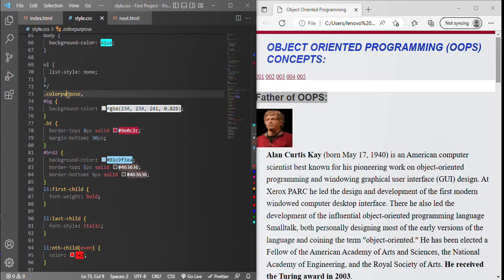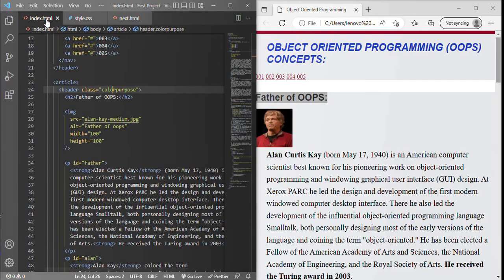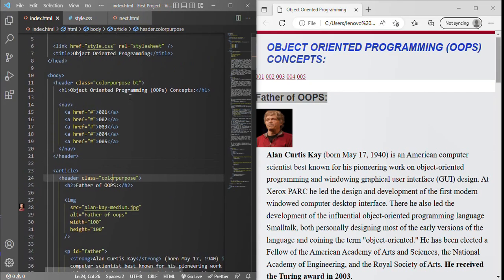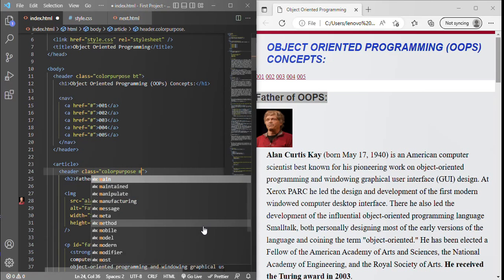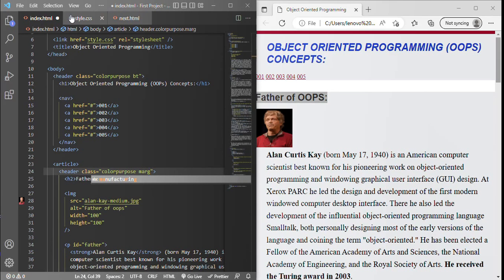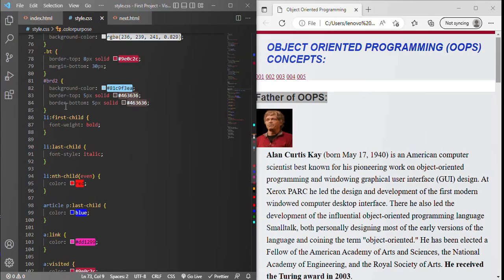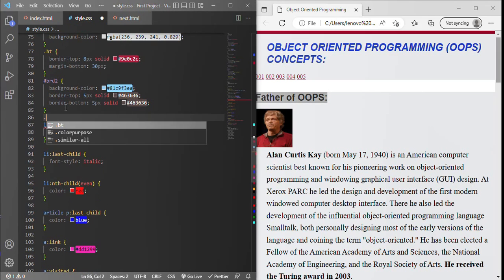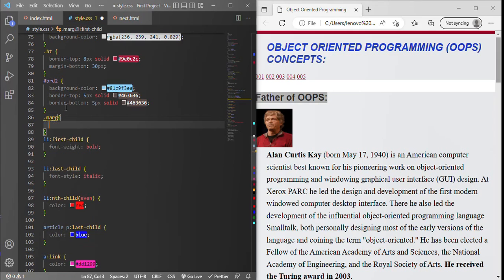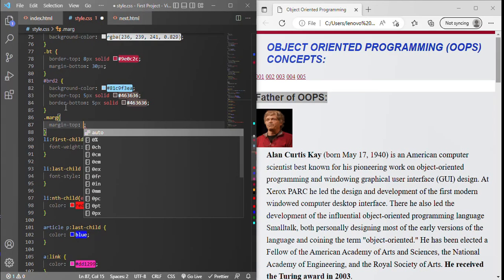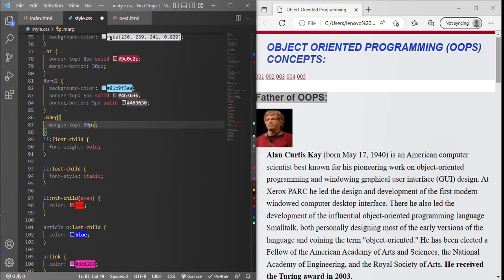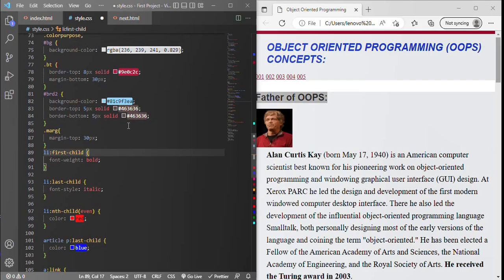Okay, this is the color purpose class. If I include the class over it, it will be included within this class also. For that reason I have included another class like march. For that march I will include one selector. For that selector I will include margin top. If I include some 30 pixels of space for this margin, okay, see here, the thing here is we